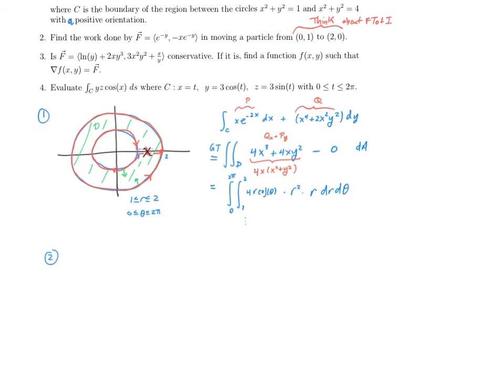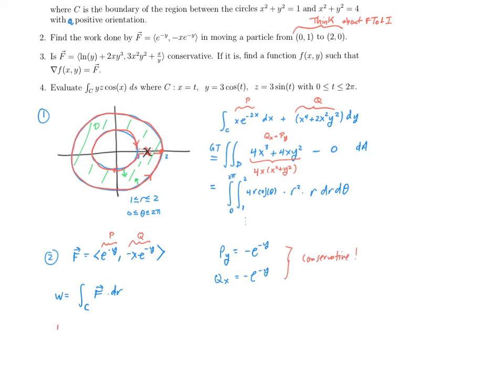So what we want to think about is, for the given vector field F, the work done would be the line integral over some curve C, I guess connecting those two points, going from (0, 1) to (2, 0), pick your favorite one, of F dot dr. If F happens to be a conservative vector field, we would use the fundamental theorem of line integrals. So P, Q in terms of the components, P_y is minus e to the minus y, Q_x is also minus e to the minus y. So we do have a conservative